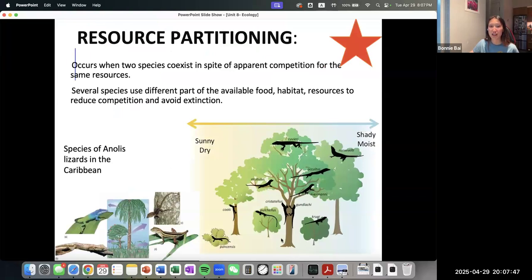You can see all these lizards at different parts of the tree. It's not just this one tree at another part of the forest. This is just how they live now. Some of the lizards are on these bushes, or maybe they look like cacti. These other lizards are on the top of the tree. That's just how they live. They've evolved to be that way. The resource partitioning is a result of evolution, but due to maybe really severe competition for the resources.